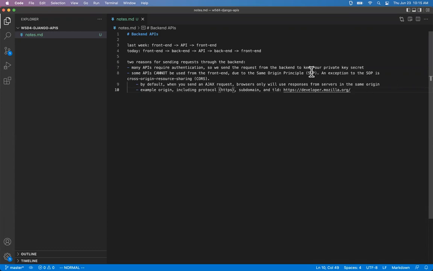So yeah, this is the default state of things, the same origin principle. You cannot send requests to sites with different origins. And the exception to this is called CORS. So optionally, a server that is expecting to receive cross-origin requests